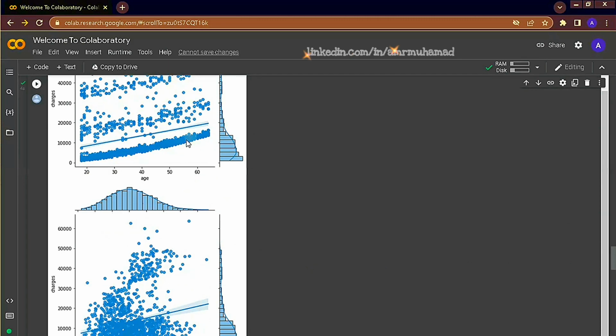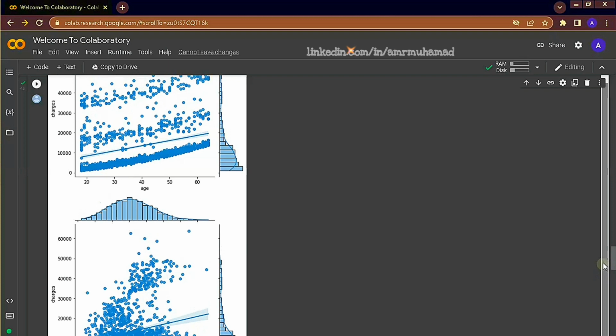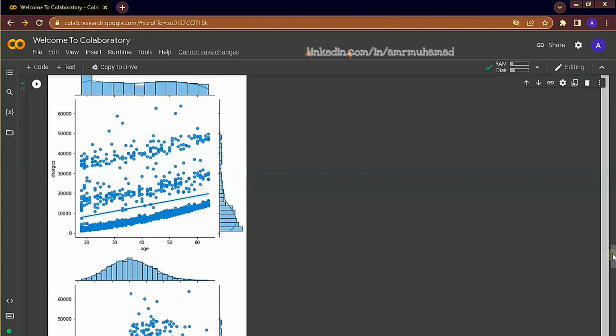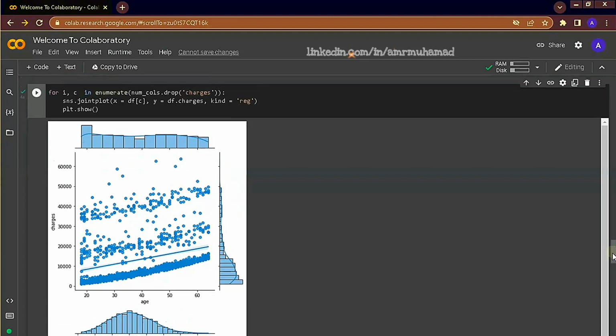What does this line really represent? It represents that as age increases, charges tend to increase also by specific amounts. Of course, these specific amounts or the formula is not displayed on the graph, and we don't have a way to access the formula using the joint plot because the creators of joint plots or Seaborn in general didn't make this accessible, but we have other ways to calculate this form of relationship.